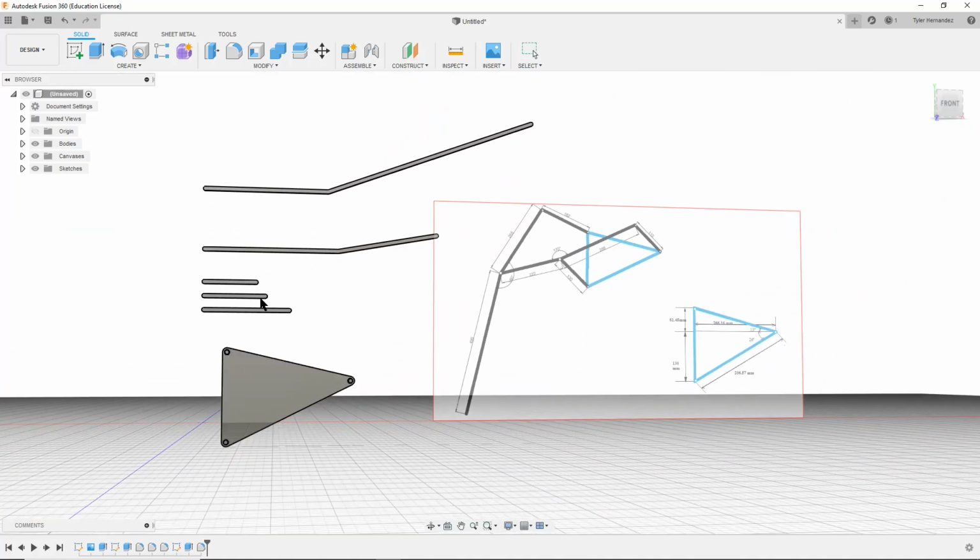Now, if I click on a piece, I can't move anything. And I want to start snapping these together. In Fusion, when you create a body, and these are all bodies, you cannot move them. However, components can be moved, so I want to turn these all into components. The way I do that is going over here to bodies,